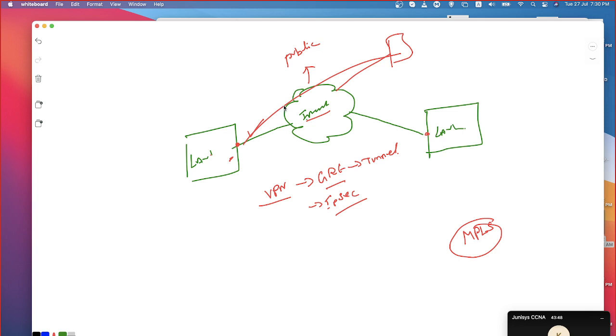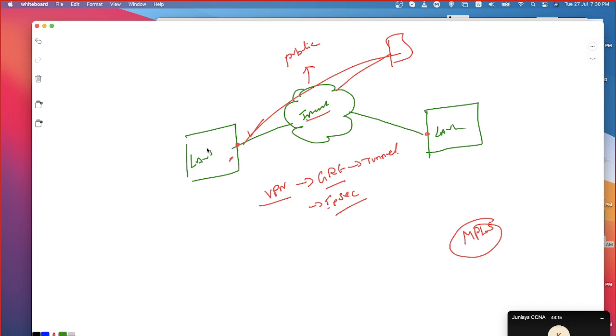Whereas the company, the LAN, doesn't have any idea about it, right? They are simply going to be asking, my network is down, can you please tell me what is the problem? Whereas the provider is going to be involved in implementing the complete set of VPN. That's why we call MPLS provider managed VPNs. There are two different types of VPNs, okay? What are they? Enterprise managed VPN and provider managed VPN.